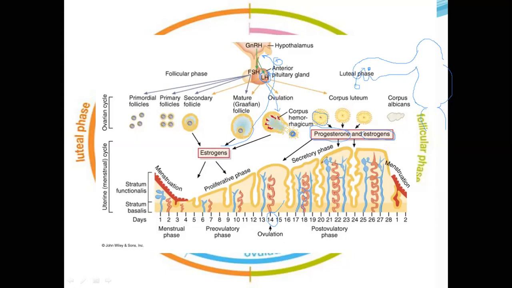Okay, another function of this progesterone is it makes the cervical fluid thick, so that it does not allow more sperm entry to the female body. Okay, now you know up to here, this corpus luteum is actually producing progesterone, and that is maintaining the endometrium